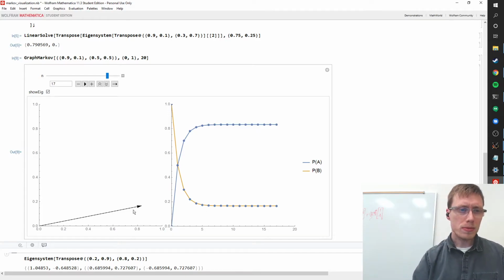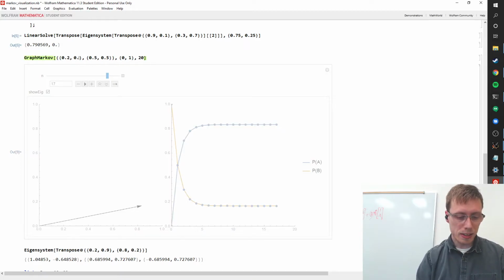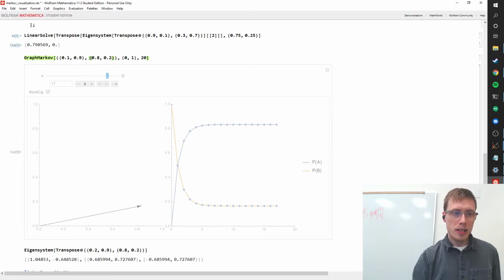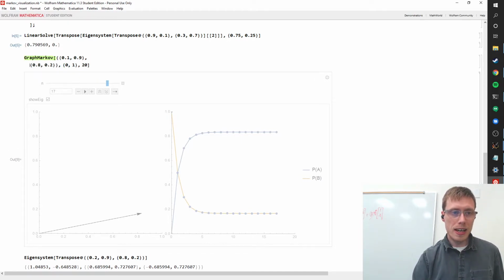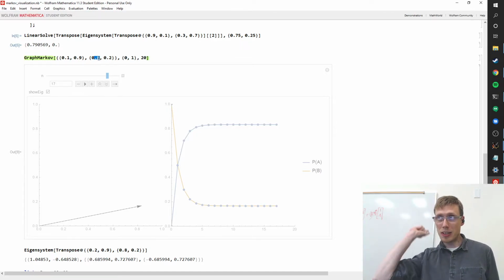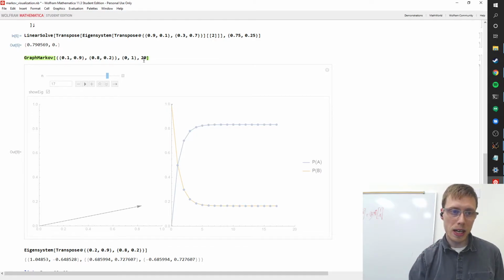Pretty cool. If you want to, we can make this a little bit more fun. Like, let's say you had a really hectic world where, now this is kind of the opposite of everything, if it's sunny today, then there's a 90% chance it's going to be rainy tomorrow. And if it's rainy today, there's an 80% chance it's going to be sunny. So you just have it constantly flicking back and forth, oscillating.